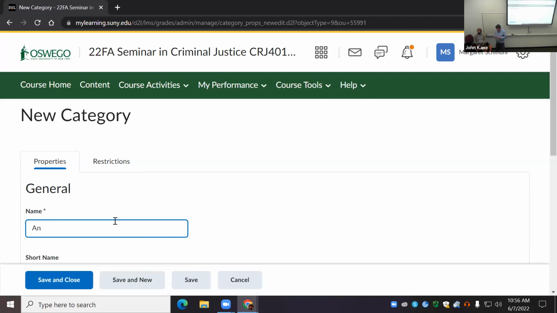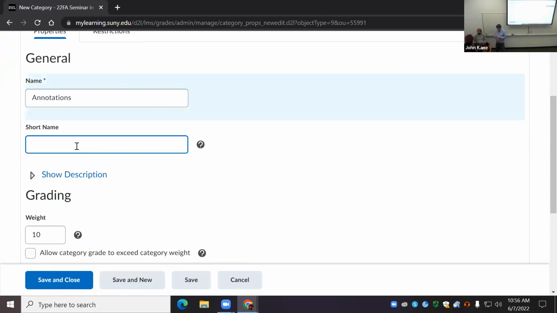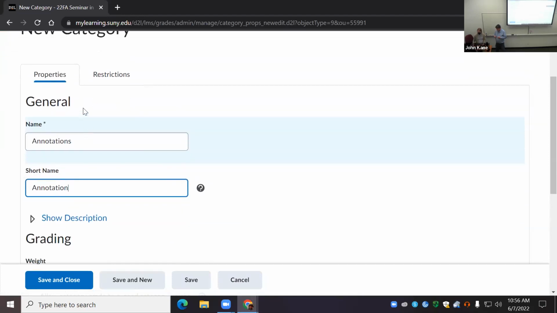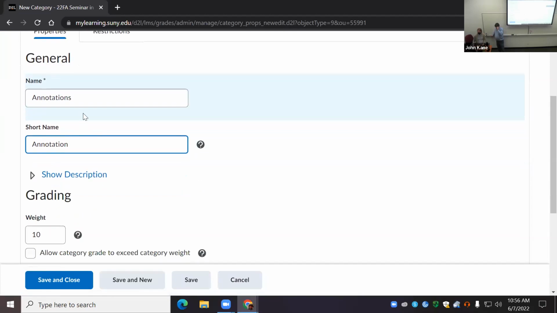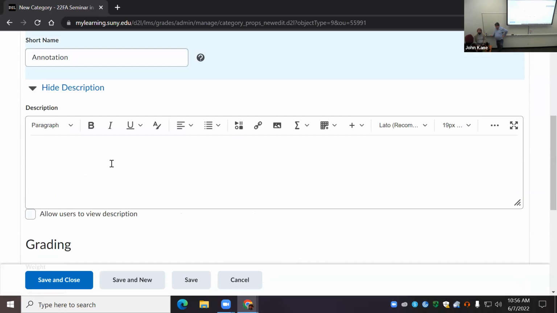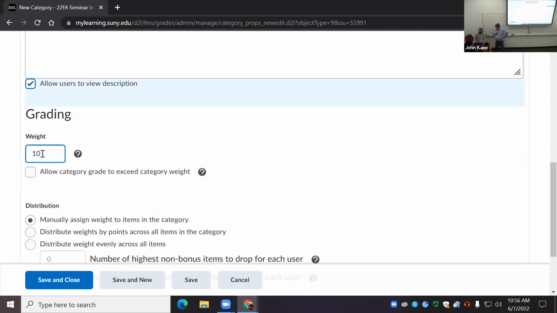So I do annotations in my class typically. I'm going to just keep the same short name. So this is in a new category now. I selected the new option, clicked new category. So I'm going to go ahead and start going through each of these. I can add a description: these are grades related to the annotations on our course readings. I can allow the viewers to view this description, right? I can give